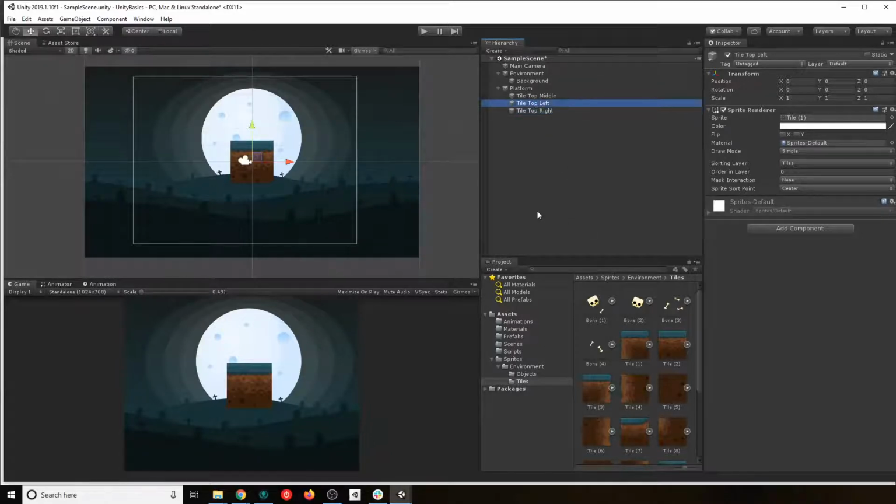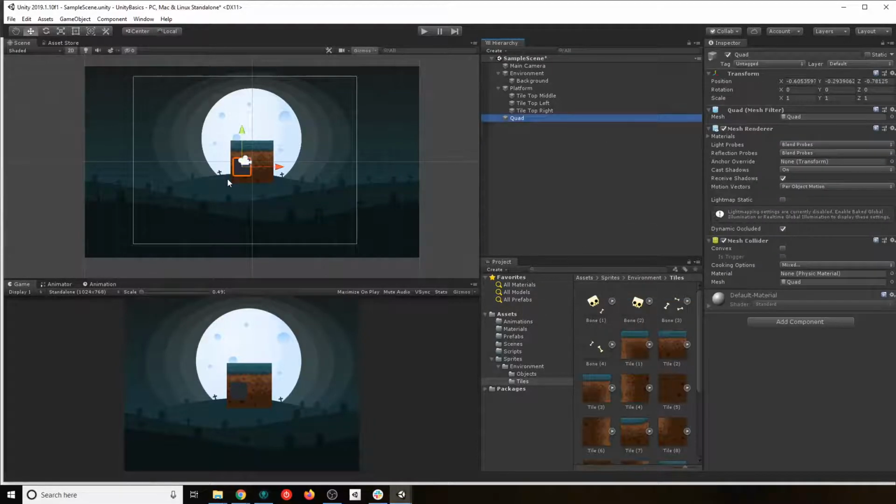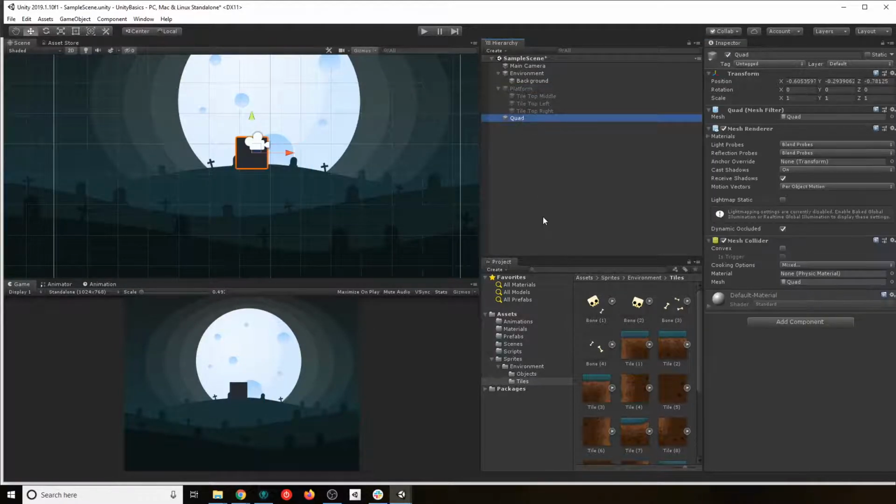Okay, so if these tiles were of like a 1 unit value, similar, I'm gonna just show you here. I'm gonna go ahead and create a quad. So I have that quad there, if you see it. Let me just hide this guy. I can, first of all, click Ctrl D to duplicate it. And if I hold Ctrl and I move this guy, it will move exactly 1 unit to the direction that I'm holding it. So I'm able to easily stack tiles exactly where I need them, right? That's pretty good to have.